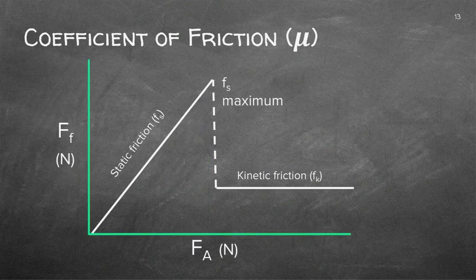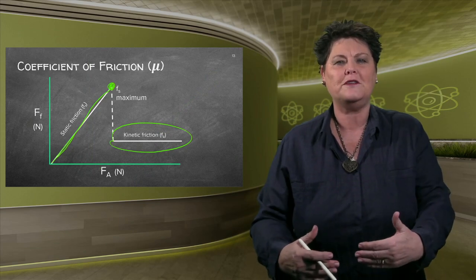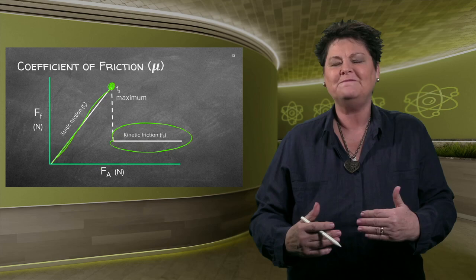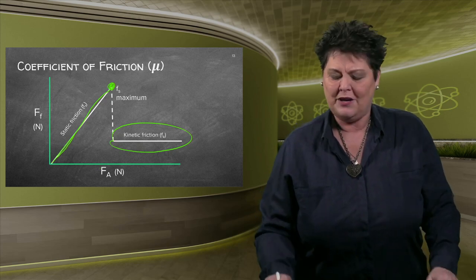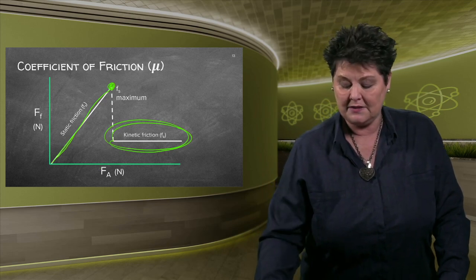When we have both these coefficients in a graph, have a look at this. We said the static friction will increase until it starts moving. And at that point, we say that is the maximum friction. And as soon as it starts moving, it will stay constant. And it is actually a fact. If you push a car, for instance, as soon as it starts moving, you don't have to use so much energy and force to get it going, and then it remains exactly the same.